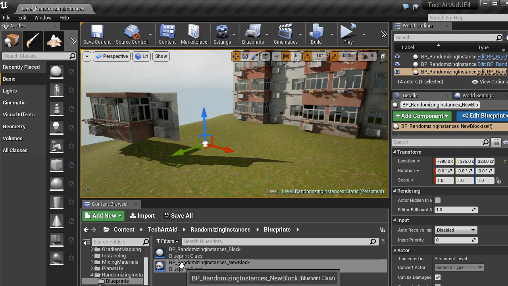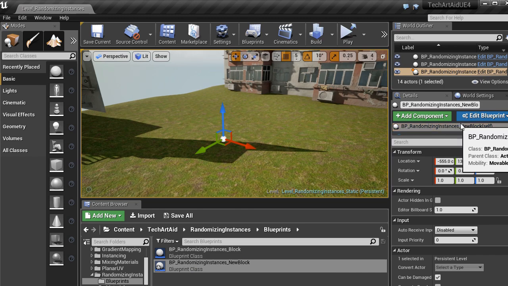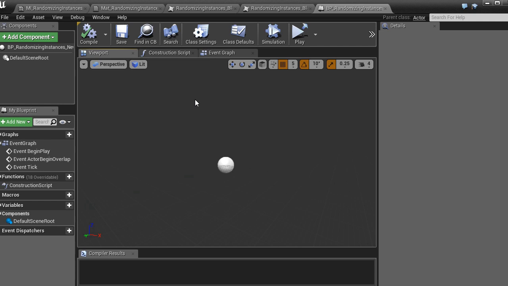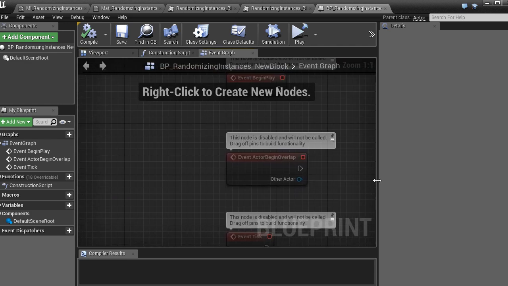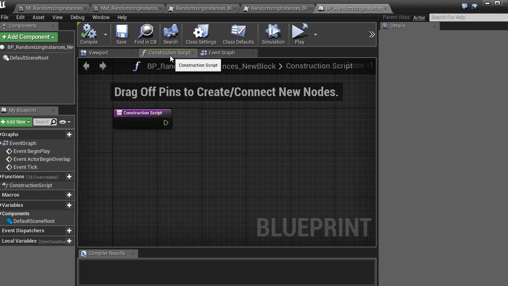Basically a blueprint, it's a template of the object. So we can create many instances of a single blueprint. Now this is the one I created. And we edit it here with edit blueprint or with the shortcut Ctrl-E. Blueprint is both the name of the basic type of object in Unreal, but it's also the name of the visual scripting language that the behavior of the object is driven by.